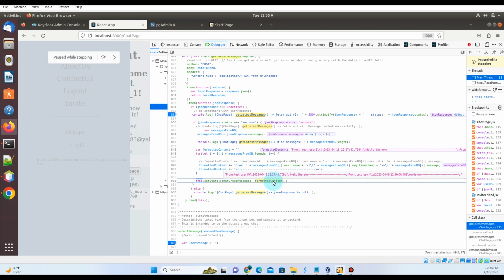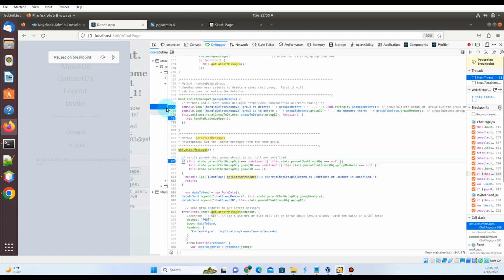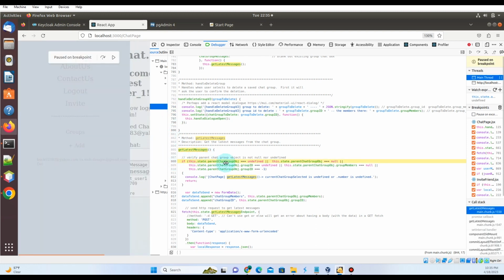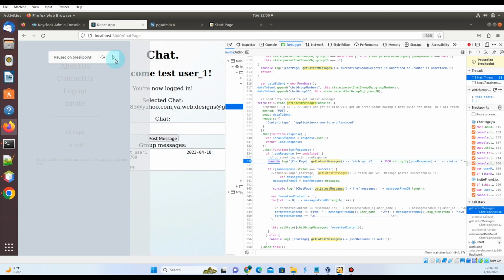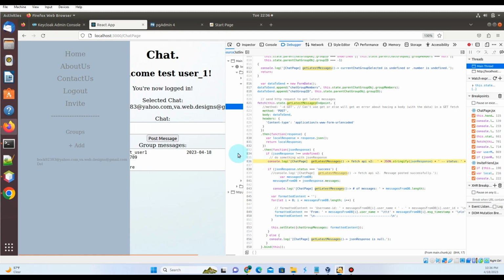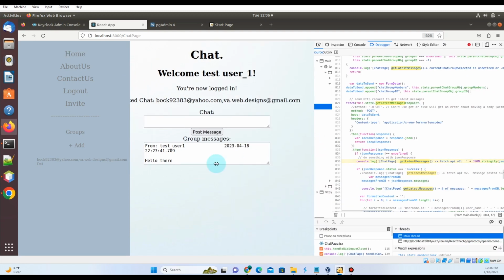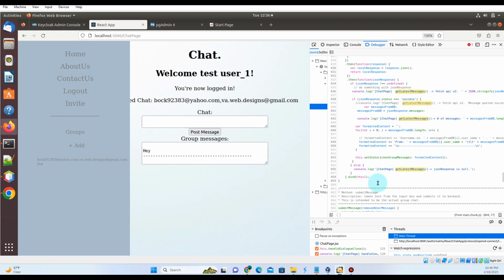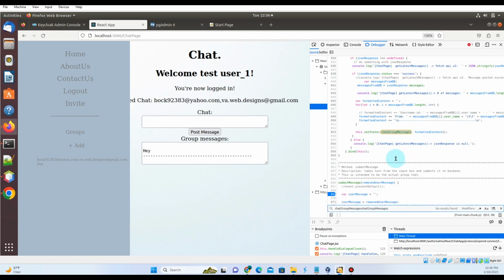And then this formatted content is going to be put into a chat group messages variable, and this is going to be invoked in the set state, which means the render function is going to be invoked. Let me just take the breakpoints away from this method. And you can see that this text field is what's getting populated now. So if we scroll back down, we notice that the formatted text gets set to this class variable chat group messages. So if we go here to the render method,